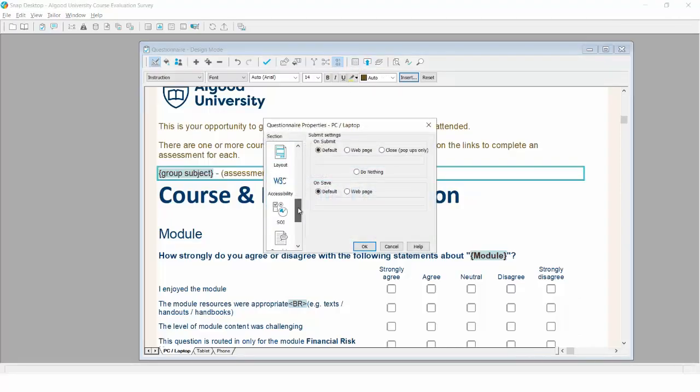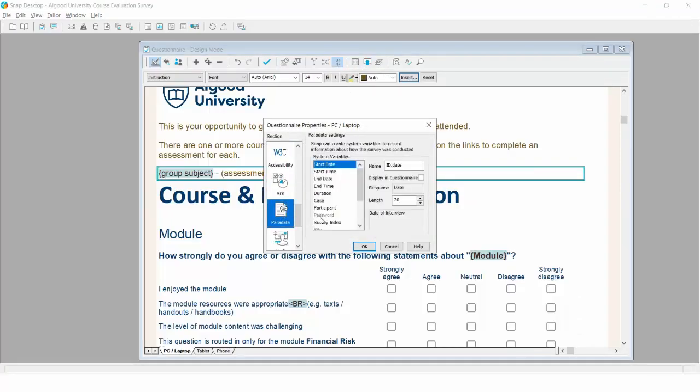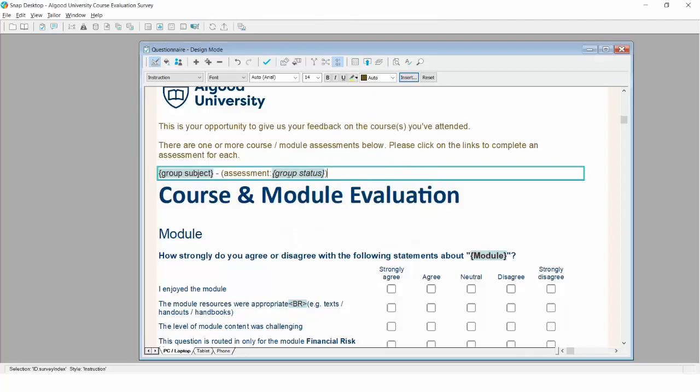And one of the Power Data options in there is survey index, and it's simply a case of just displaying this in the questionnaire, and that's what basically produces this line here. I've added some additional text. You can see there's some sort of dynamic fields in there which will be seeded with the name of the